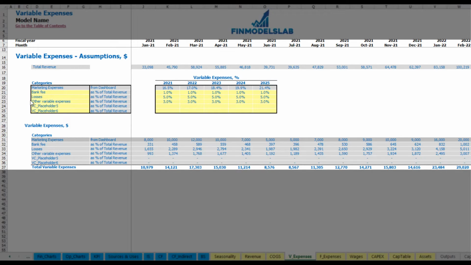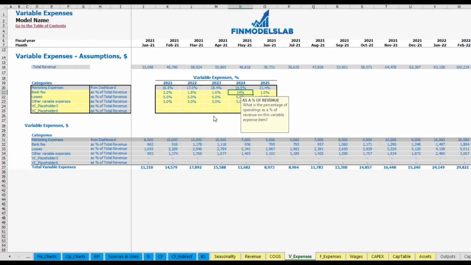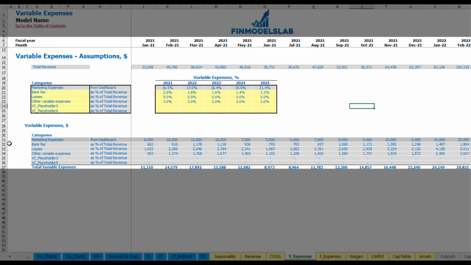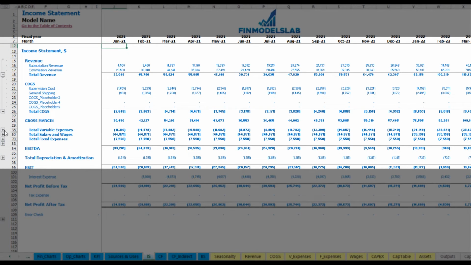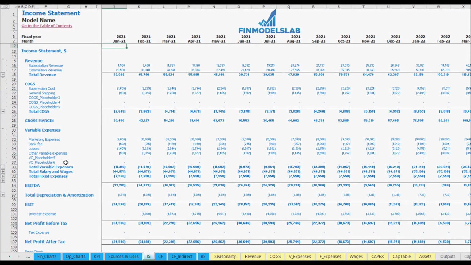And you have up to 5 placeholders to set up other variable expenses line items as a percentage of total revenue. So it can be, for example, bank fee, which in 2021 can be 2%, 2022 can be 1.8%, 1.6%, 1.4%, and 1.2%. Below you may see the calculation based on these assumptions, and in the income statement, under variable expenses subcategory,